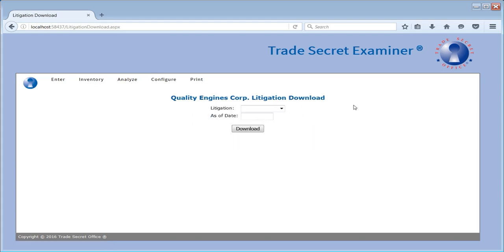We can specify which litigation it is, so it's the Acme Engines litigation. And we can specify the date of interest. What the machine will do is download to us a set of reports that were current at the time of interest, and I have all those reports available. It dumps out all the data in the database about the trade secrets as of the date that fellow left, for instance. I can staple them to my response to their motion to compel for specificity and send them in